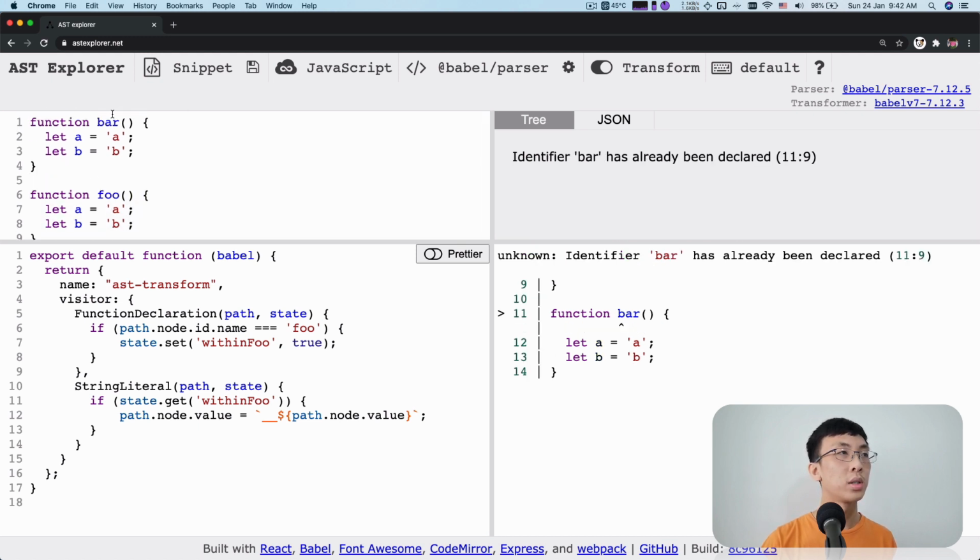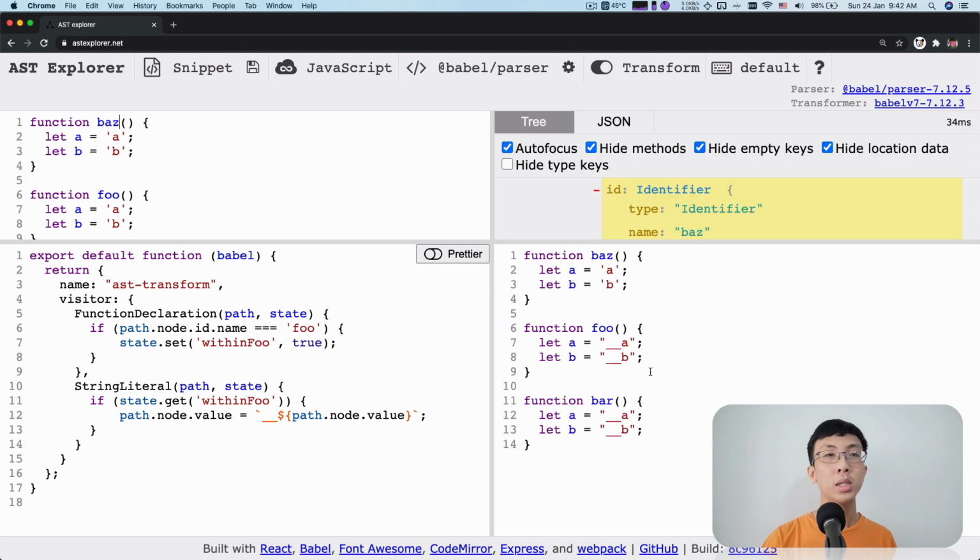If I have another function called buzz over here, you can see that buzz is not transformed, but whatever comes after foo is transformed. So you can realize that the Babel traversal actually happens from top to bottom, and from the outer node to the inner node, right? And the state, we turn on the state when we encounter a function called foo. But after we are done with it, after we are coming out from foo and going to the next function, we actually didn't